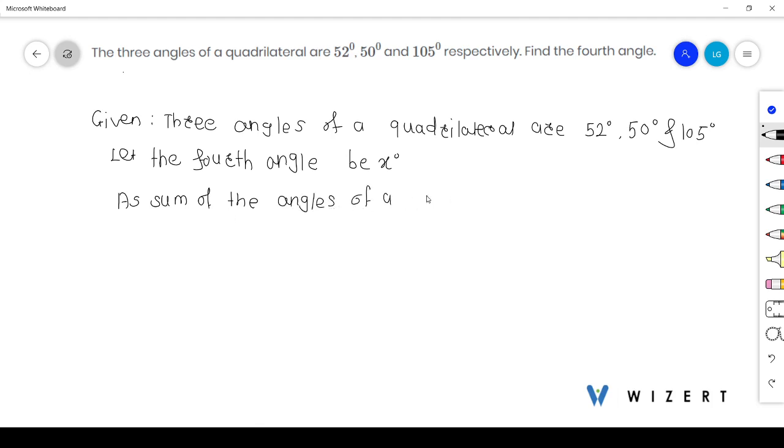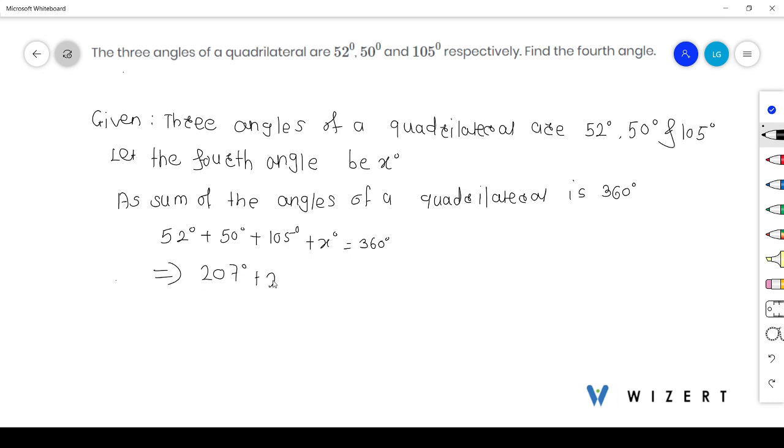of a quadrilateral is 360 degrees. So 52 degrees plus 50 degrees plus 105 degrees plus x degrees equals 360 degrees. So 207 degrees plus x degrees will be 360 degrees. Subtract 207 from both sides, we get x degrees equals